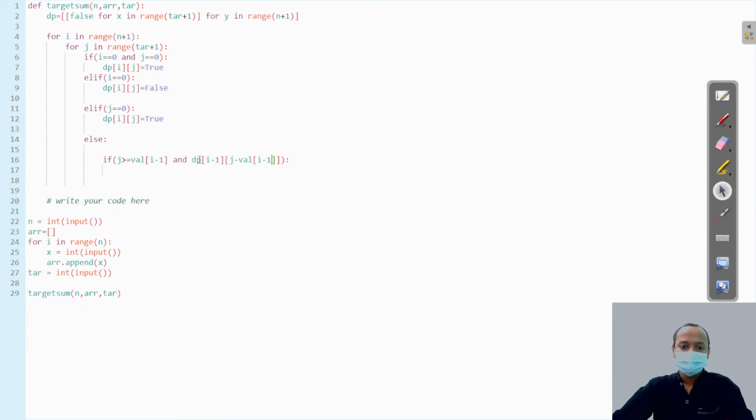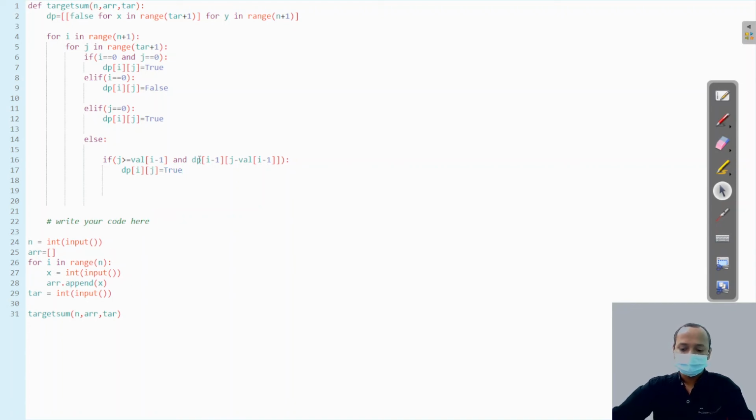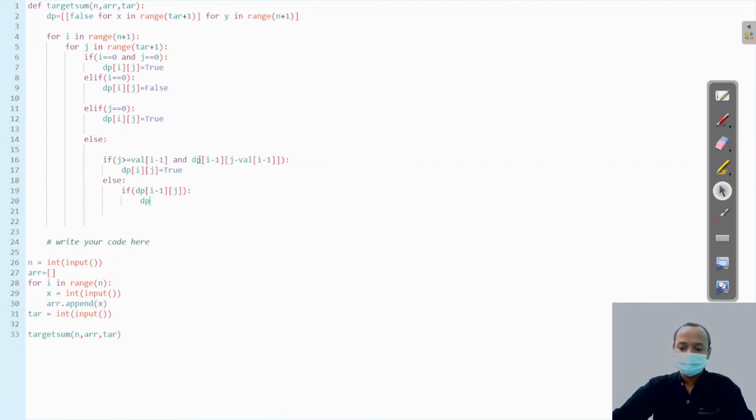If this, then dp of i j equals true, and we return true. Otherwise, else if he is not playing, then we check if dp of i minus 1 and j is equal to true. If it is true, then dp of i j equals true, right?